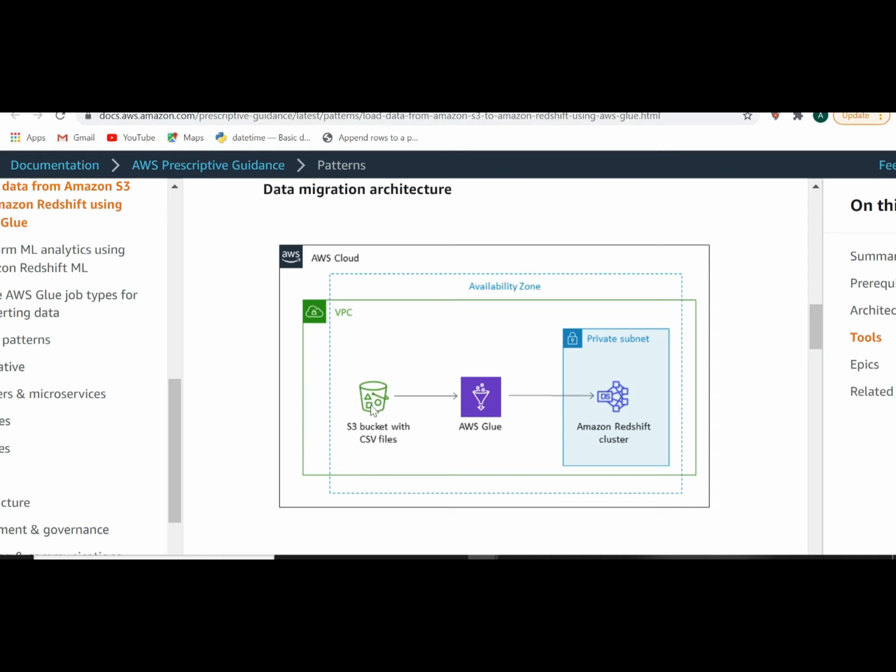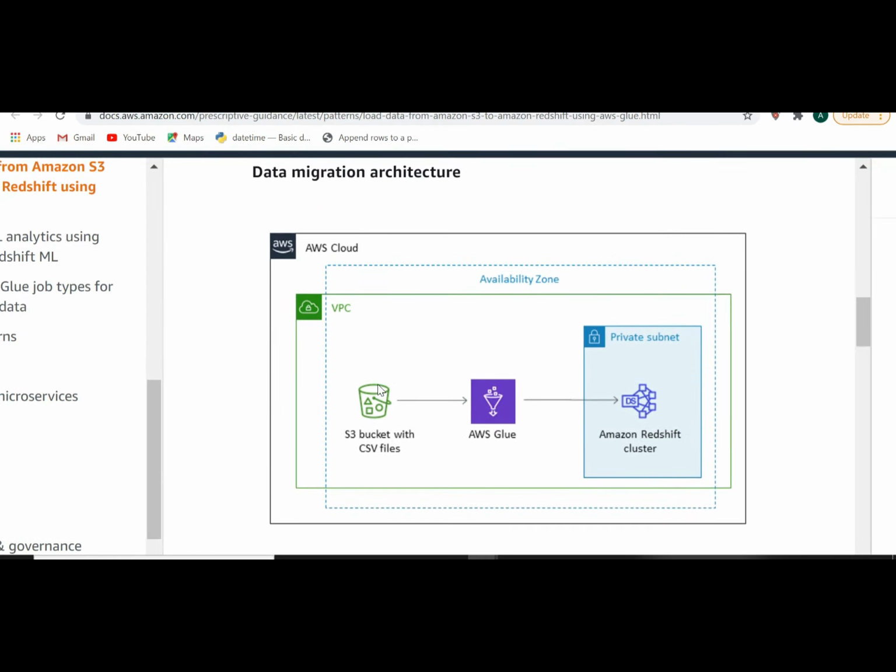So what ETL basically means is, if your data is there in some other source, you will extract that data. Once you have the data, you will do the transformations using your logic and your code.